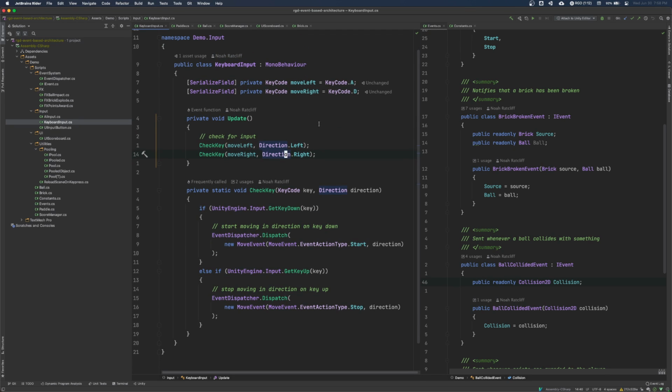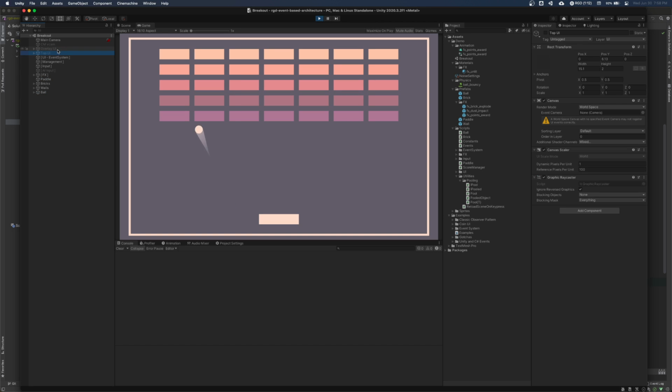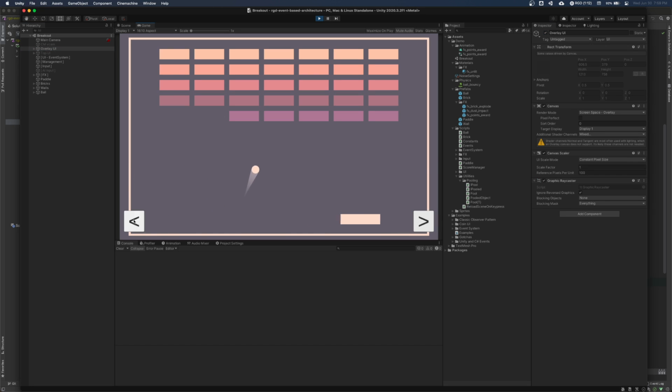But I mentioned that you can have other kinds of input. Like, let's say, for example, we wanted to port this game to mobile. And so we thought, well, we'll just do the lazy thing and add some on-screen controls. And so we'll just have some buttons on screen that you can press to move right and left. And to implement this, I didn't have to call player.moveLeft, player.moveRight in these buttons, nor did I have to make the player aware of the UI, because that would be ridiculously backwards.